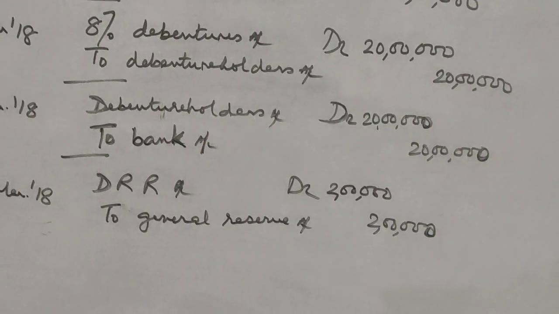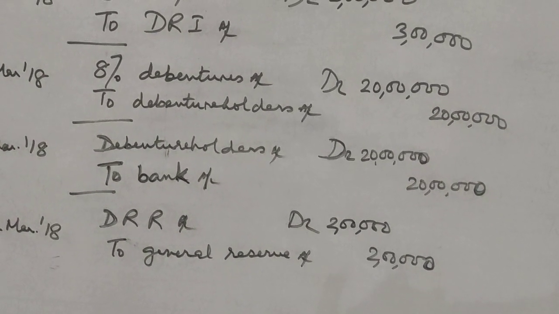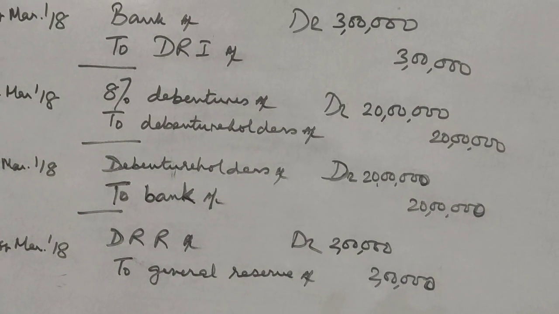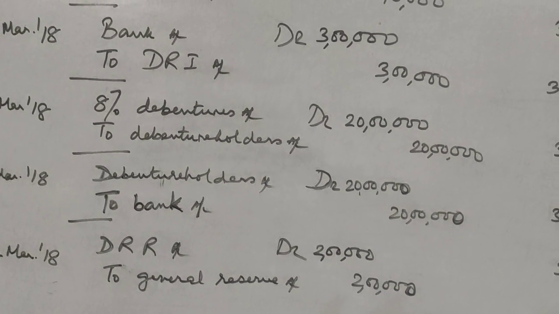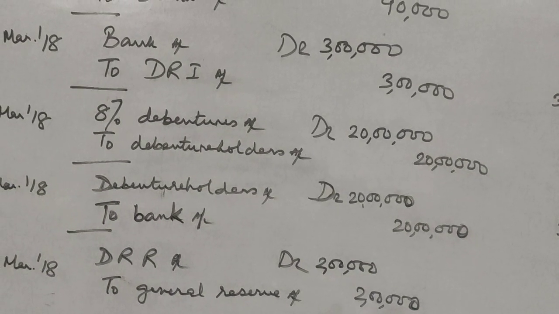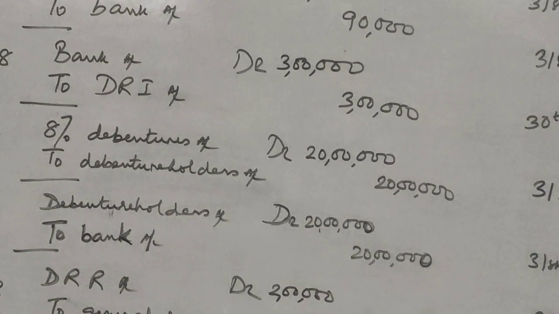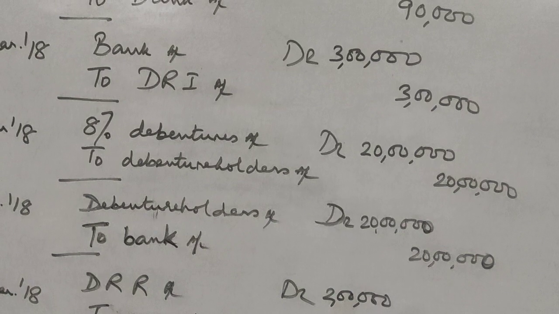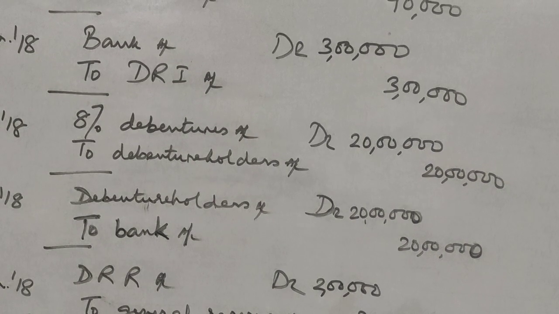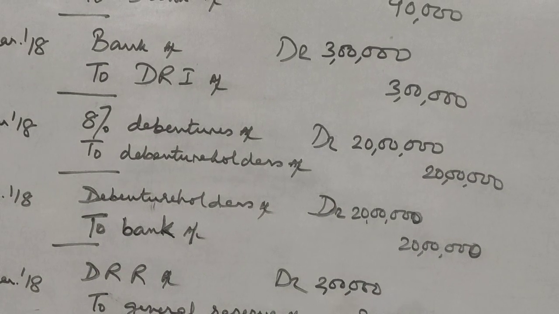And in the last year we redeemed debentures of 20 lakh. So 10% of 20 lakh, 2 lakh, that is the remaining value in the debenture redemption reserve, is transferred to general reserve. So please be careful about these two things: how much investment to be made and how much should be there in our debenture redemption reserve. We are talking of the face value of the debentures. We are not talking about whether the debentures are redeemed at par or at premium. We will consider only the face value of the debentures to be redeemed.